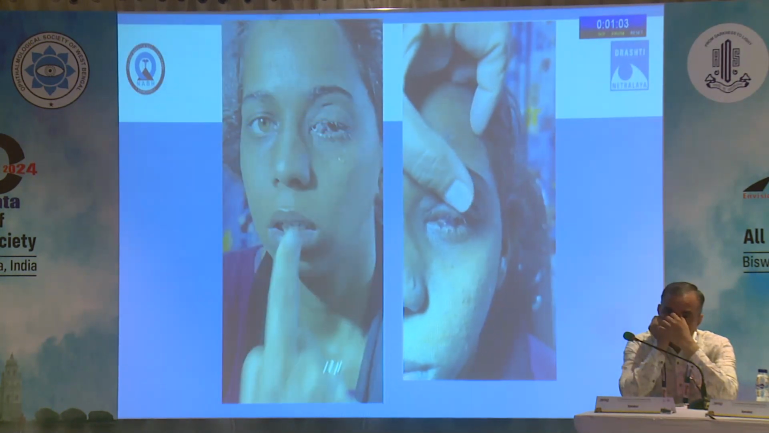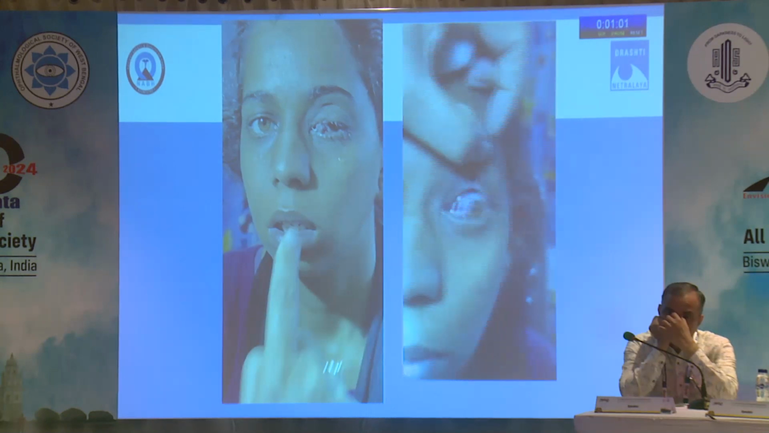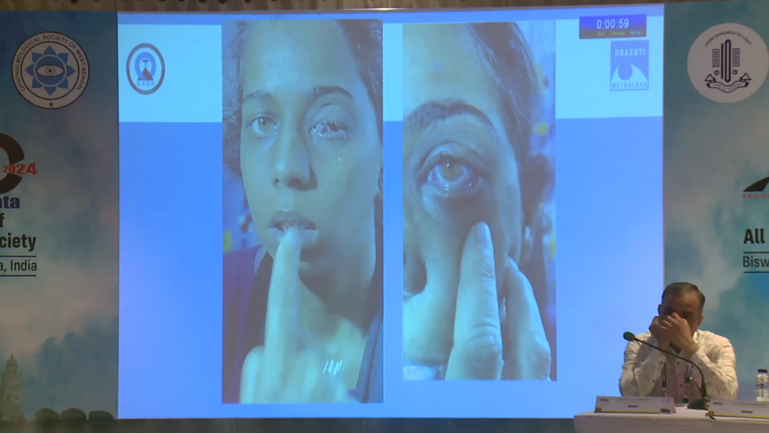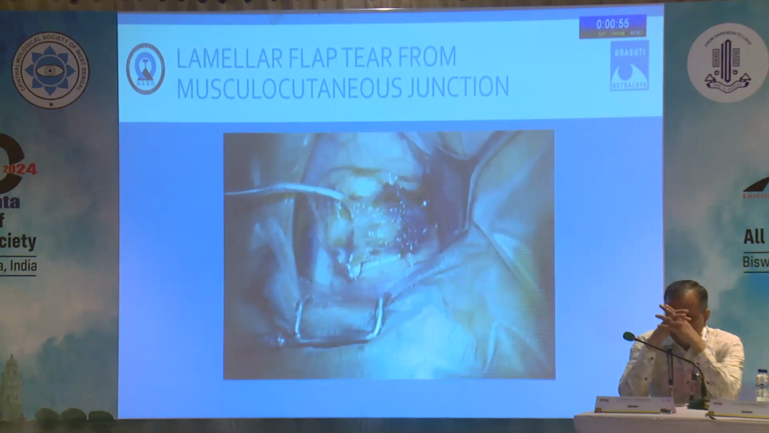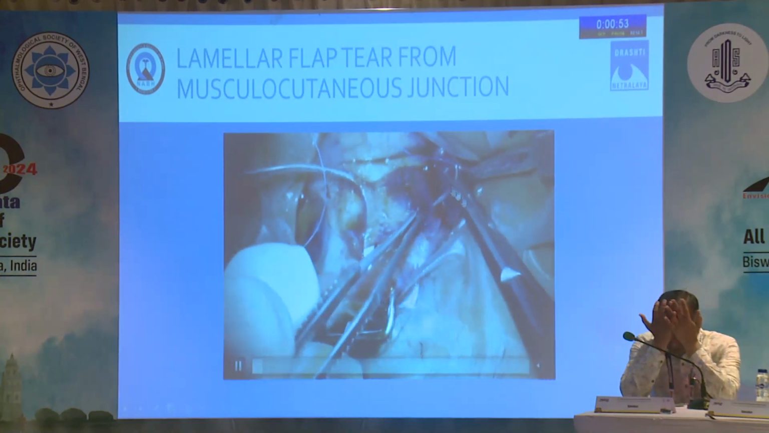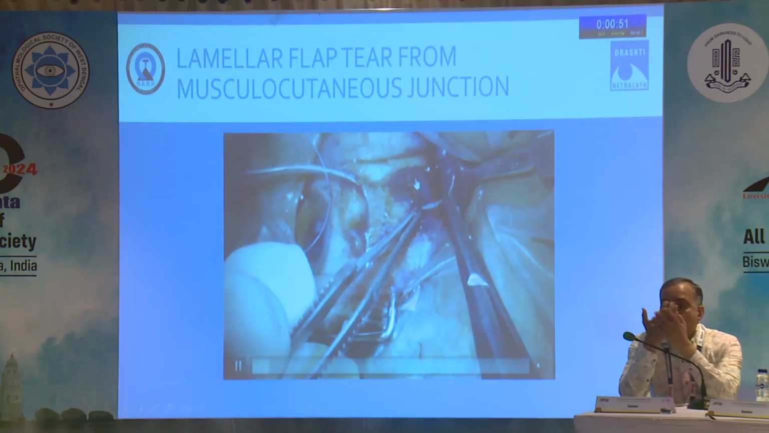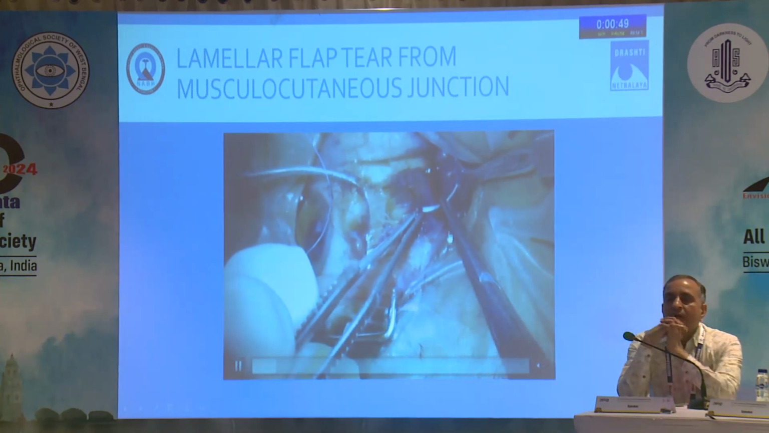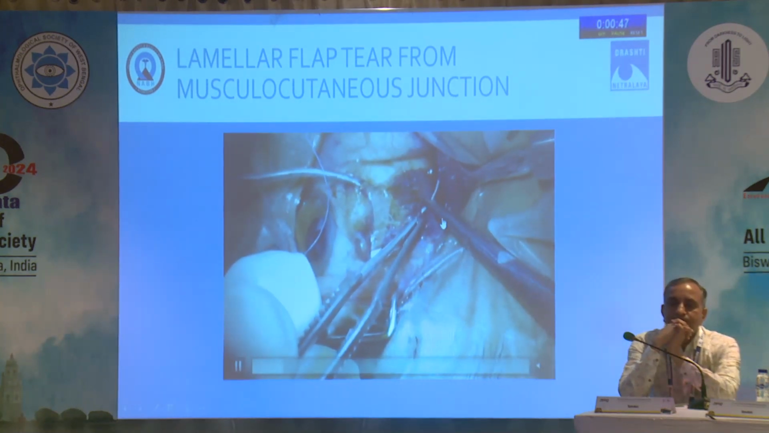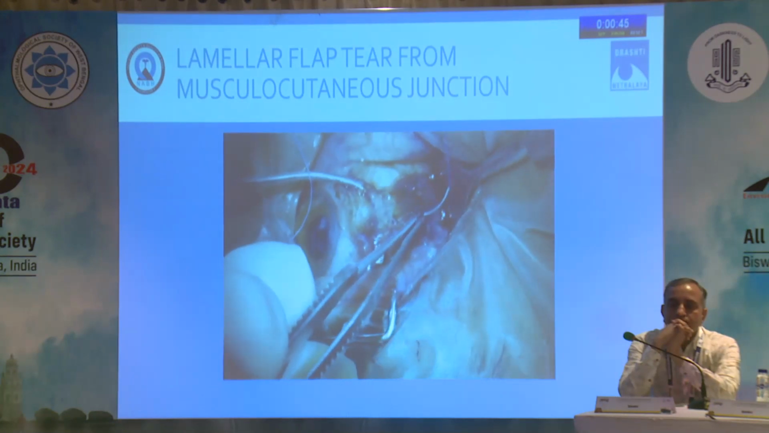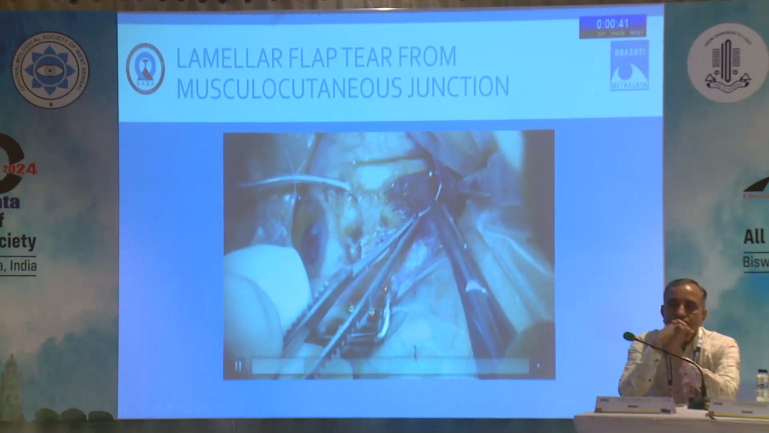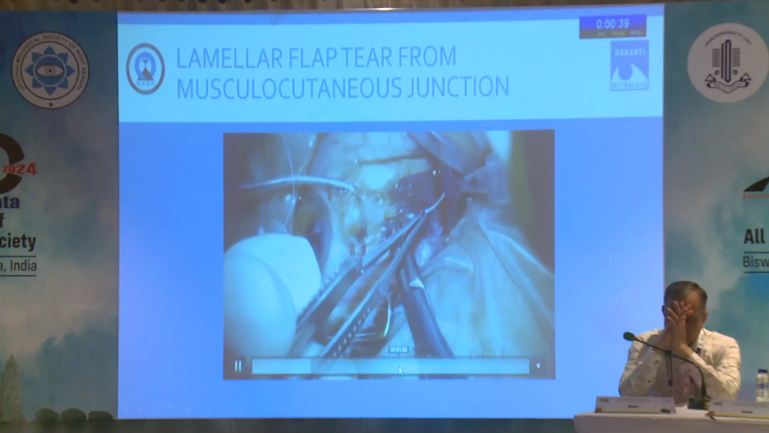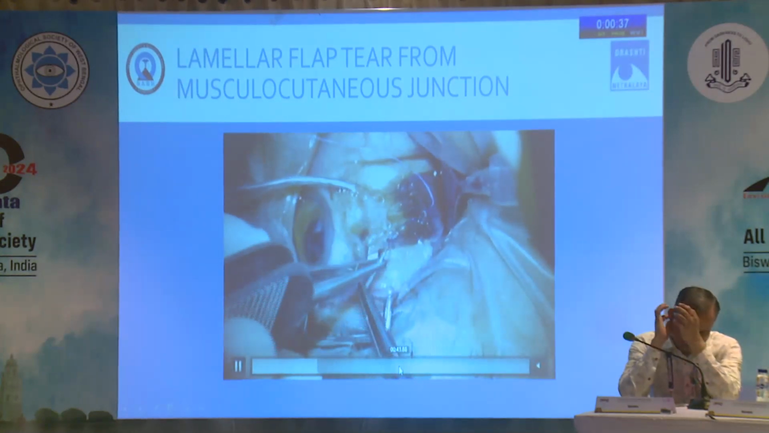I'll not go into detail, but this is the case that presented with trauma, and you can feel that there is a little bit of defect in abduction, but when I open, you can see this is a flap tear of the muscle. So the anterior part of the muscle is already torn, then you have to take it properly, suture to the insertion, and when you are tying the suture, the idea over here is you have to push the globe towards that